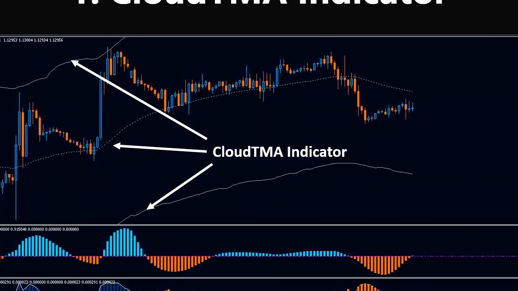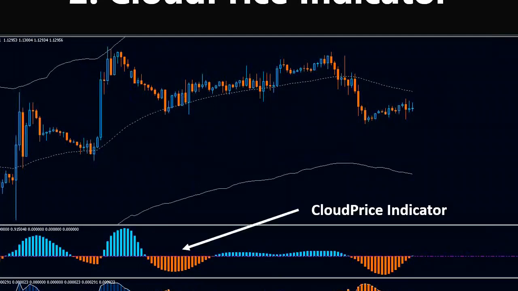And I'll explain a little bit more about that when we get into the rules. It's very simple to see on the chart. You can see when price is moving up or moving down, or when it crosses a middle line here, right? It touches the upper or lower. We'll cover that shortly. Next, we have the cloud price indicator, which determines whether the trend is up or